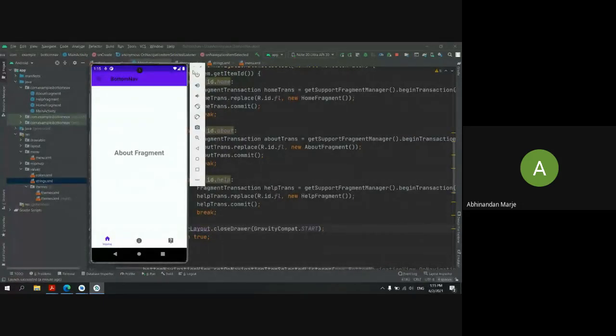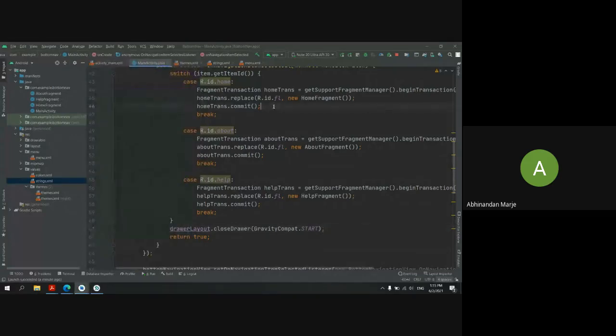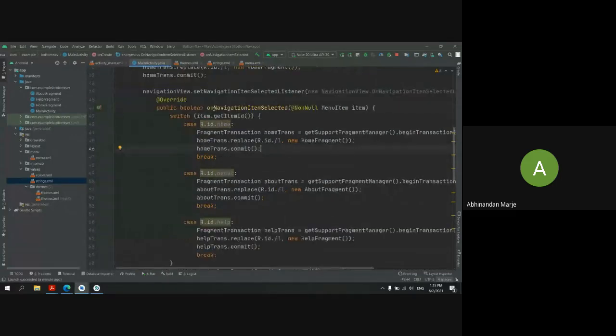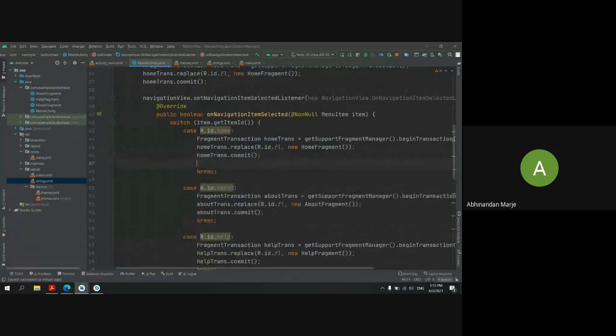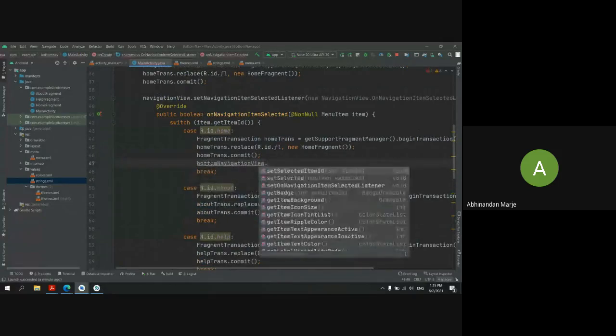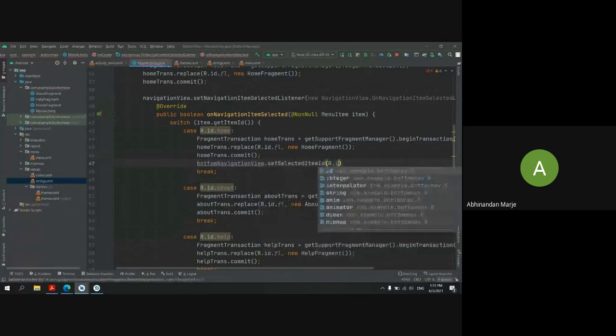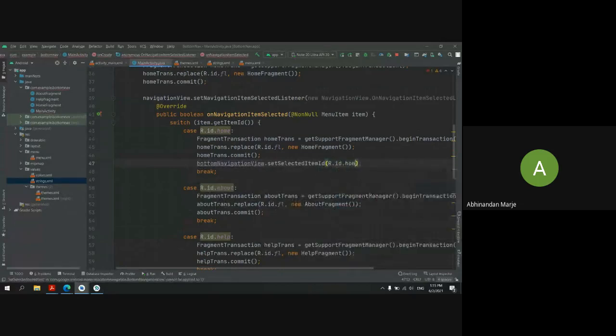For that, I will come back to my home. When we select the home option, I want to do bottomNavigation dot setSelectedItemId as R.id.home.